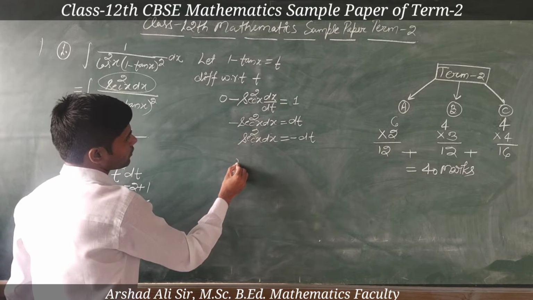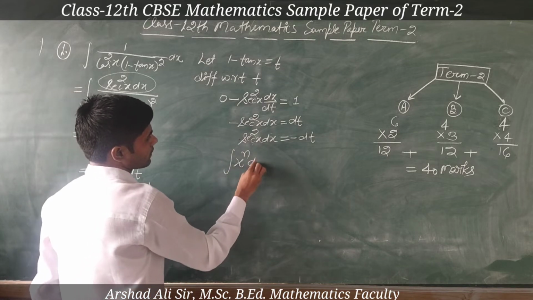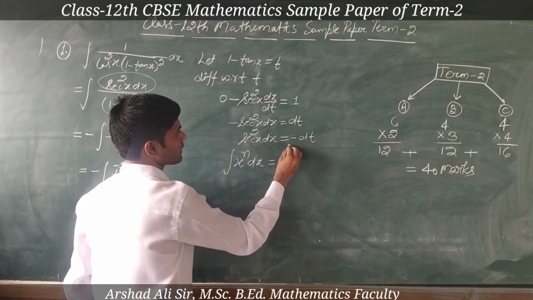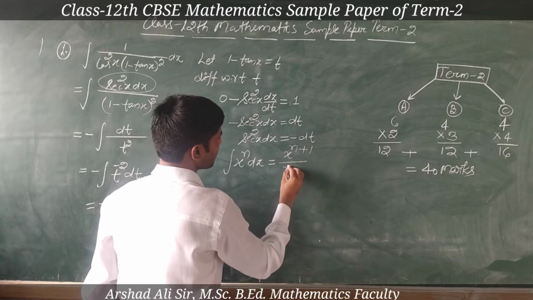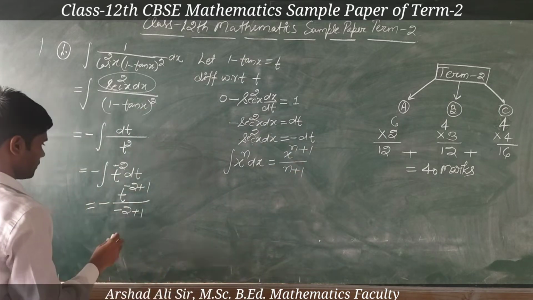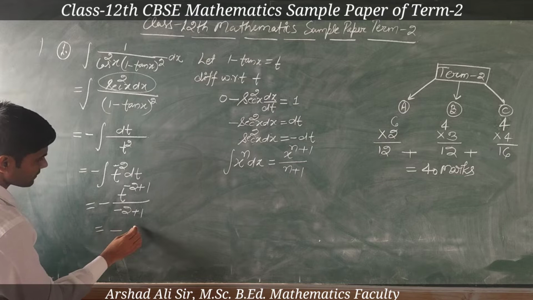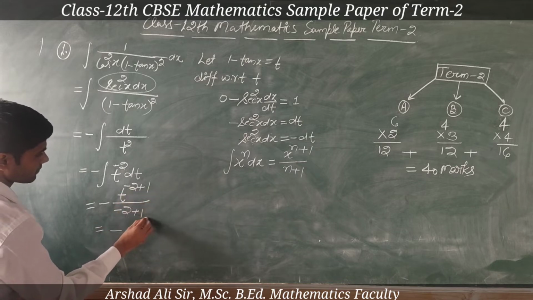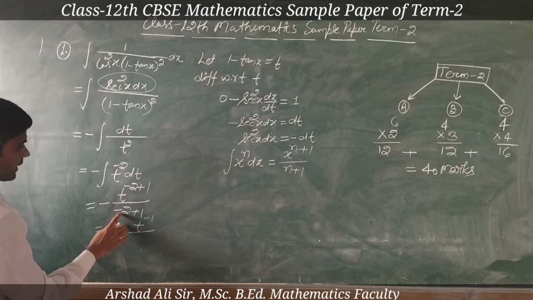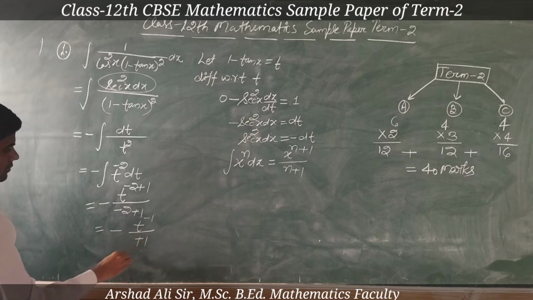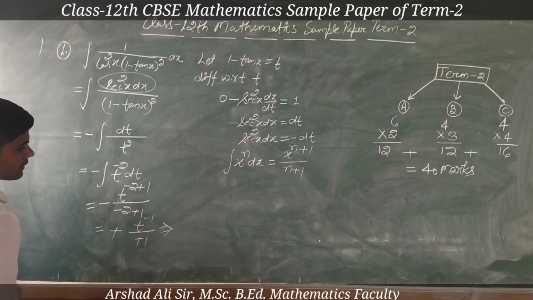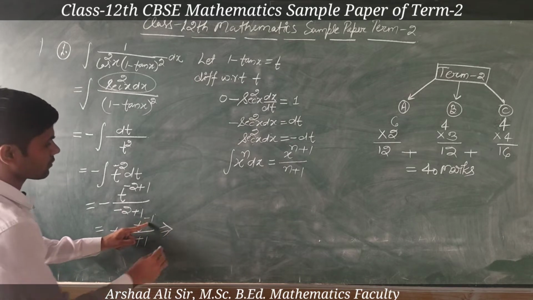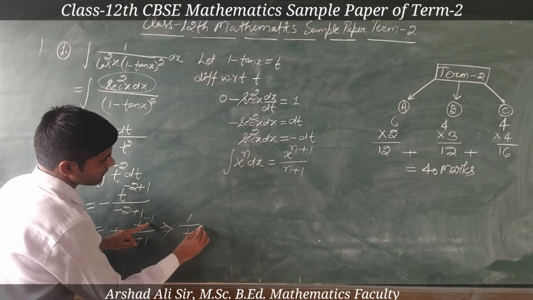It is the formula of x to the power n: integral of x to the power n is x to the power n plus 1 upon n plus 1. So here we can write minus t to the power minus 1 upon (minus 2 plus 1), which is minus 1. Minus minus will be cancelled, and here t to the power minus 1, so we can write 1 upon t,